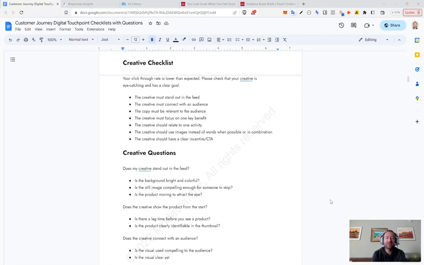The creative must connect with the audience. The copy must be relevant to the audience. The creative must focus on one key benefit. The creative should relate to one activity. The creative should use images instead of words when possible or in combination. The creative should have a clear incentive/CTA. We're going to tackle these one at a time, but I'm going to preface this with giving you a picture